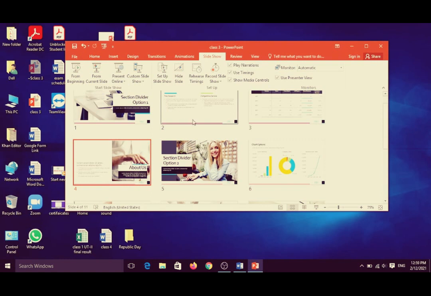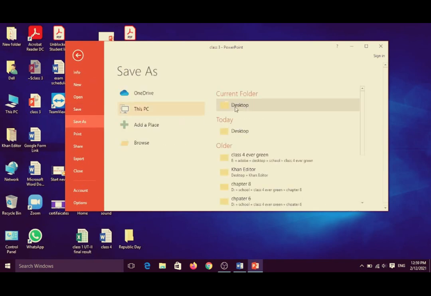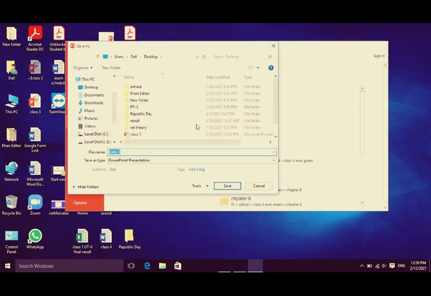How can you save your presentation? Click on the File tab and choose the Save As option, and choose the location where you want. Click on Browse or This PC, and the current folder is there. You can choose and write your file name, and click on the Save button to save it.